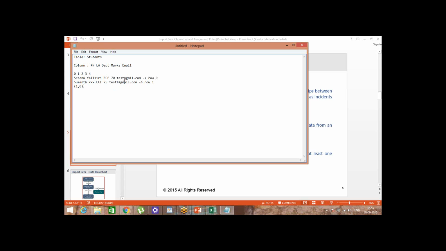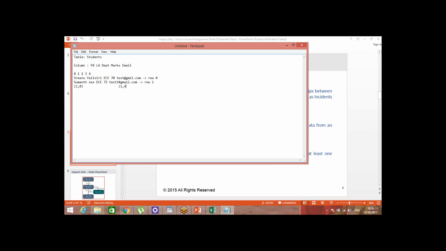If you want to locate the email of Sumant, the row is the same because he belongs to the same row, but the column changes. The email column is 4: 0, 1, 2, 3, 4.